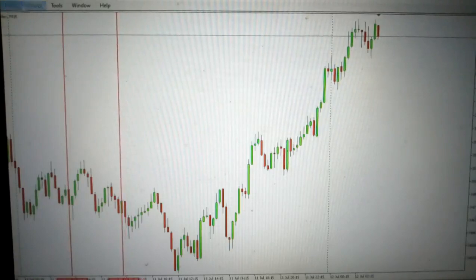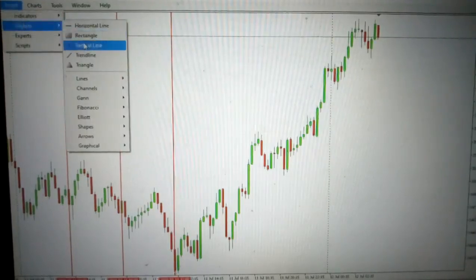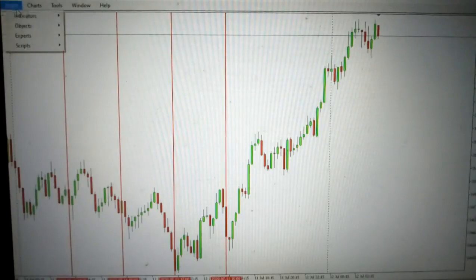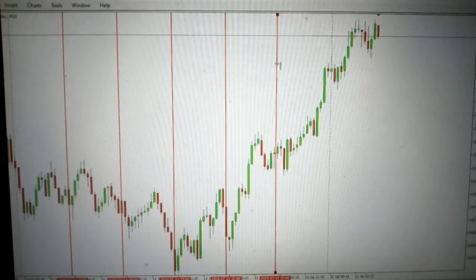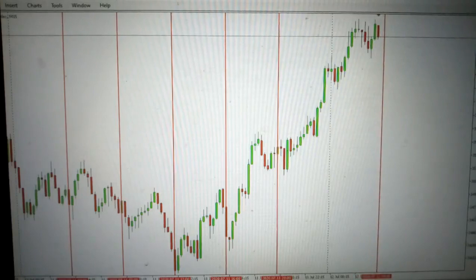Okay, there's another one. Another one. So what I'm trying to do is to divide my chart into 4-hour periods so that I can analyze V75 with a mega smash strategy. Okay, that's that. Now the next thing is to plot